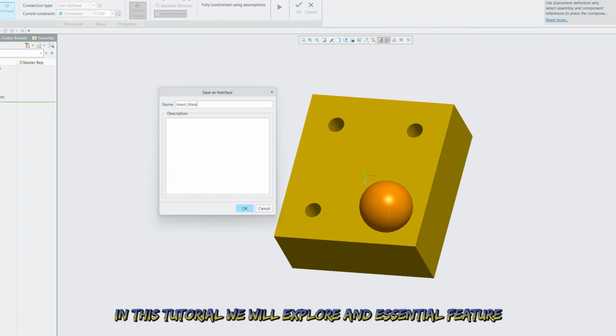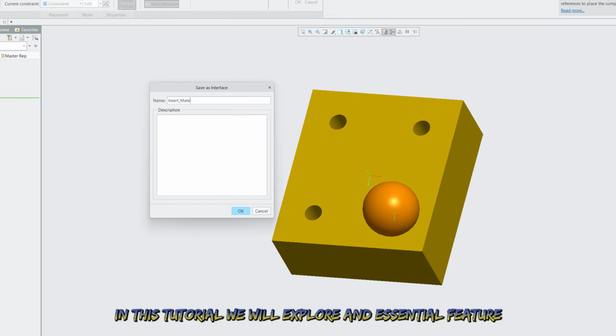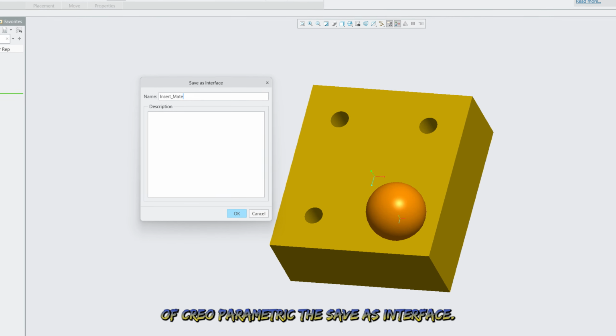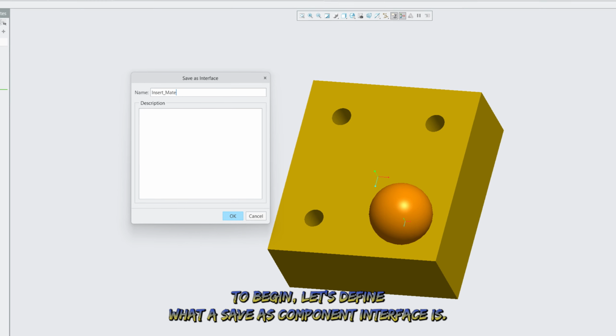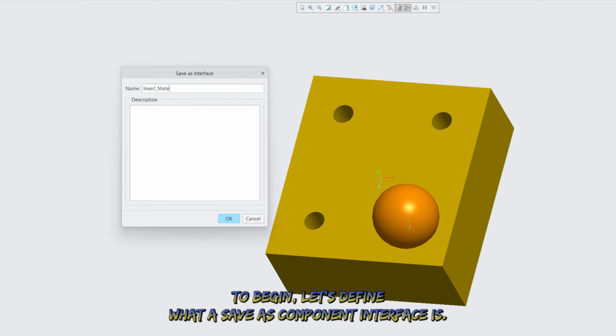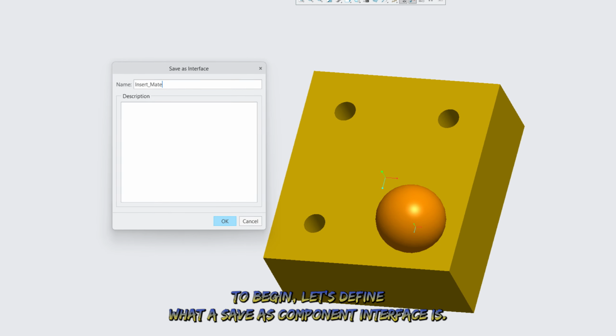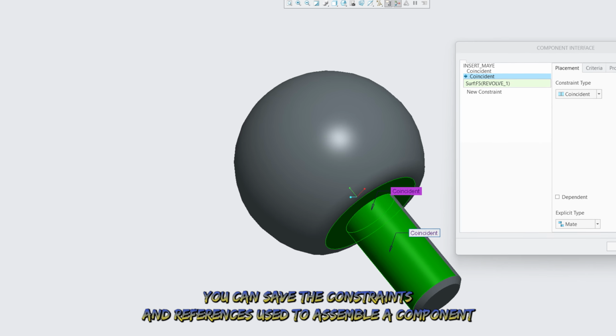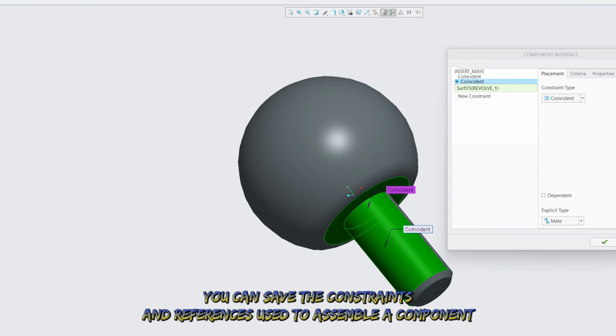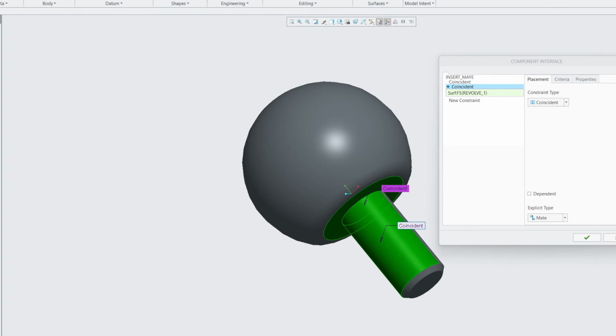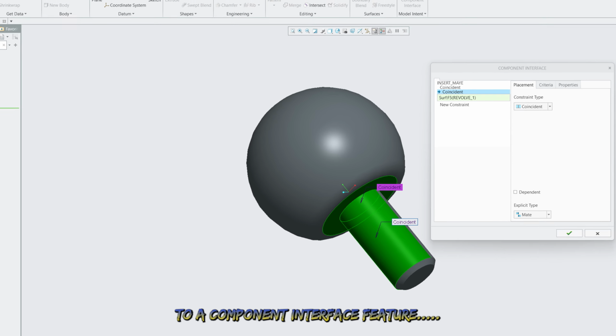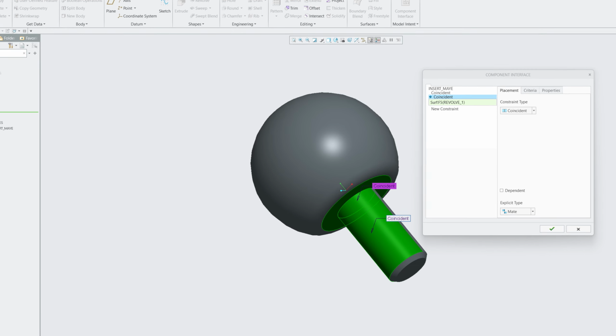In this tutorial, we will explore an essential feature of Creo Parametric, the Save As interface. To begin, let's define what a Save As component interface is. You can save the constraints and references used to assemble a component to a component interface feature using the Save